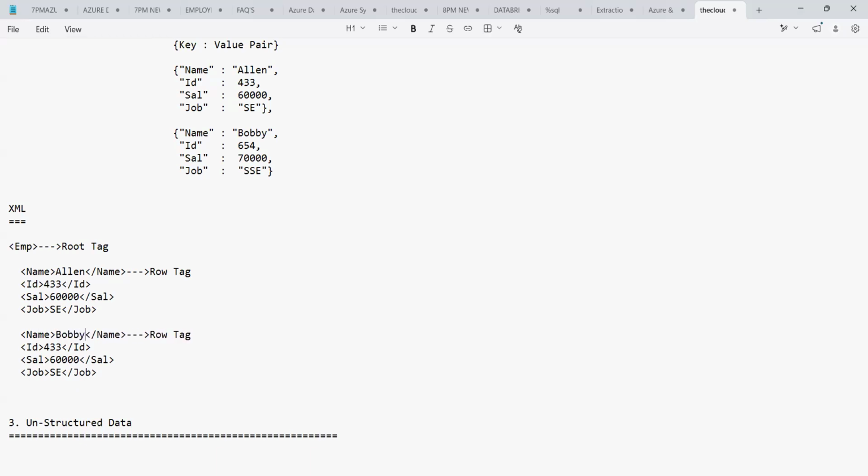Second row, what should you have? The second row, I can write it like this: Bobby. And then the value, then you have the 70,000. And then SSC. So this is the data you have. Now, guys, the rows are completed. There are no further rows to write here. So what we do, guys,